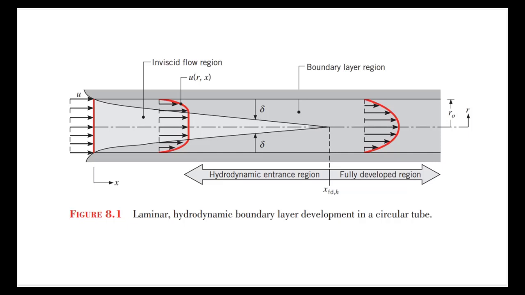Okay, so the topic that we're going to be getting into now is Chapter 8, and this refers to internal flow. So, what we essentially got is a pipe, and the pipe has fluid flowing through it. So, here's the inlet, which is what we're talking about right here, and the fluid is going to move through the pipe itself. So what we're assuming here at the inlet is that the fluid is coming in through